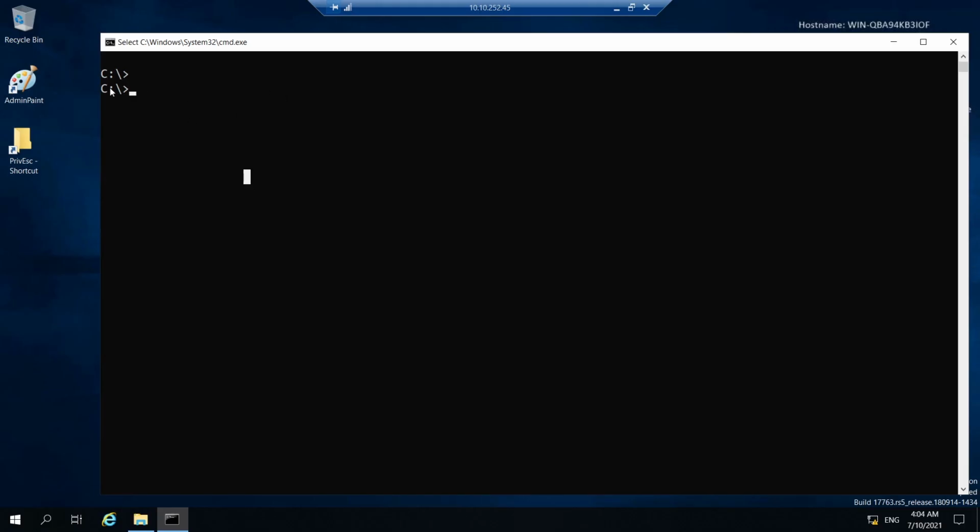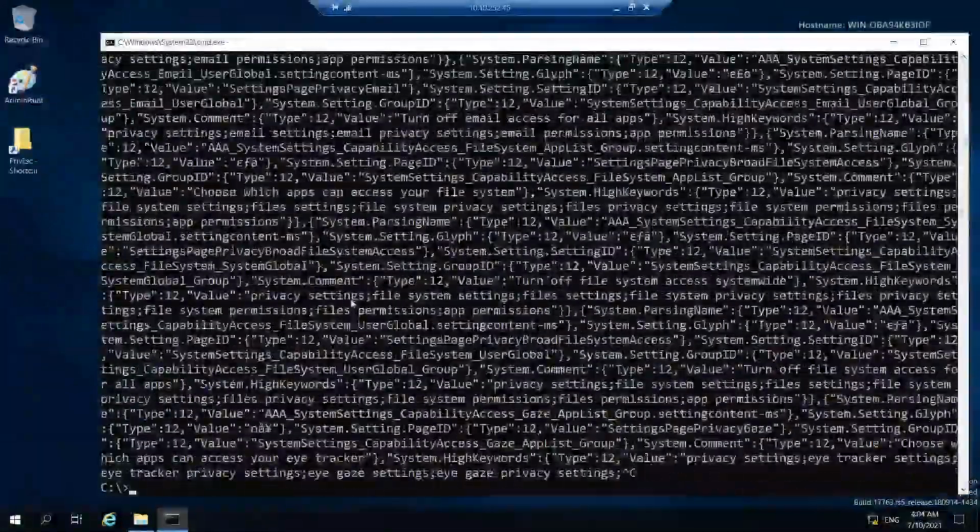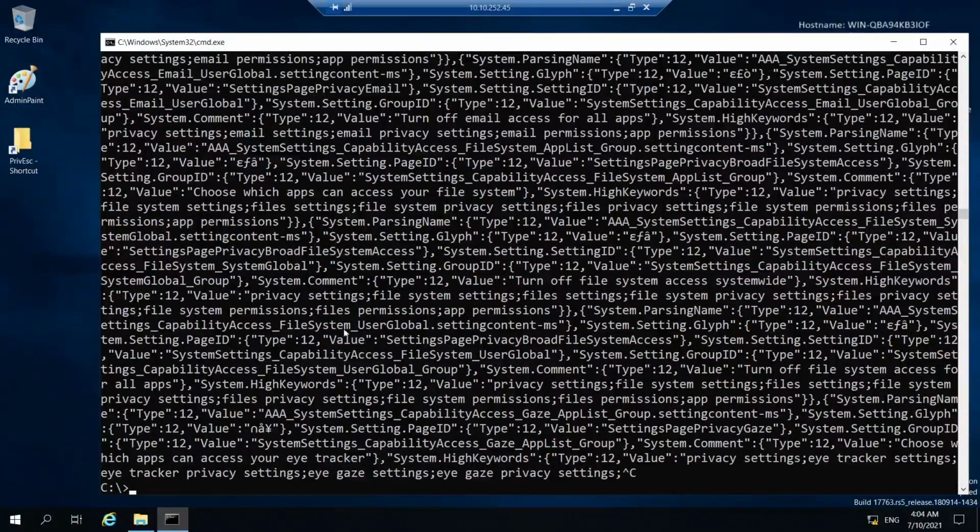So after getting the shell, go to the C directory. From here what you can do is use the findstr command, ignore the case and search recursively. Now I want to search for anything that contains the word password, in files with a text extension. So this command will search all the text files and show the results that contain any uppercase or lowercase match of the word password. Now hit enter. So now you can see we get a lot of information.